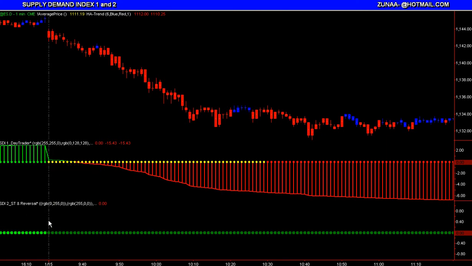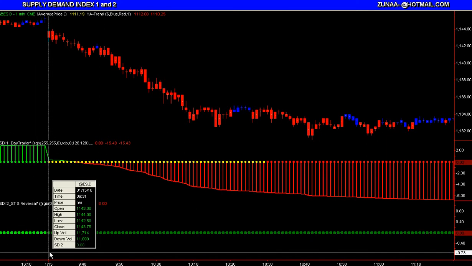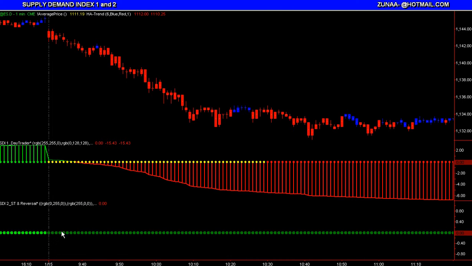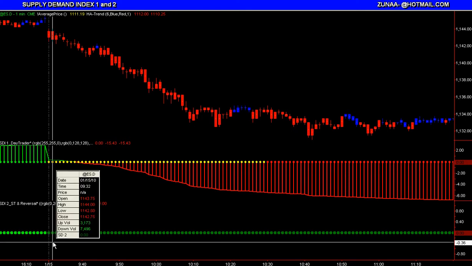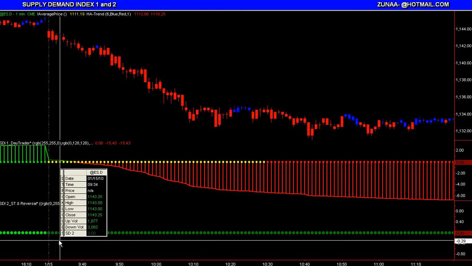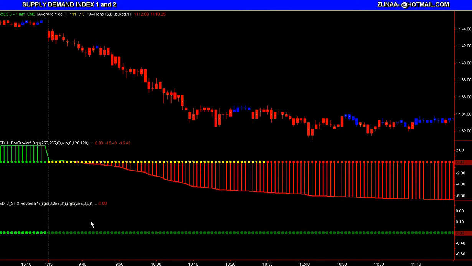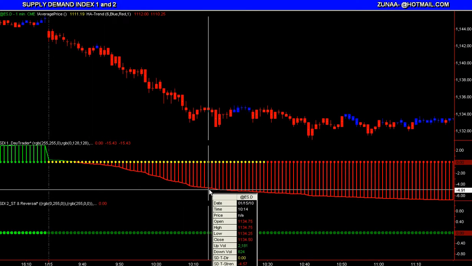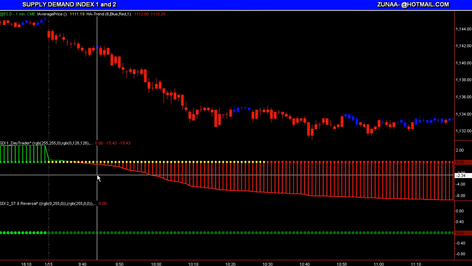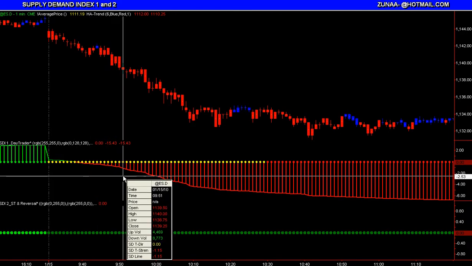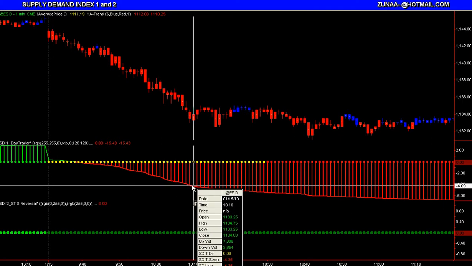Okay, as you can see, the next day, the first bar that paints on the SDI2, which is our background information, our higher time frame trend analysis, is dark green. So we went from green to dark green on the background. That means the higher interval or the higher time frame trend is getting weaker, and the histograms start all day right from the open. They start printing red and increasing in strength,